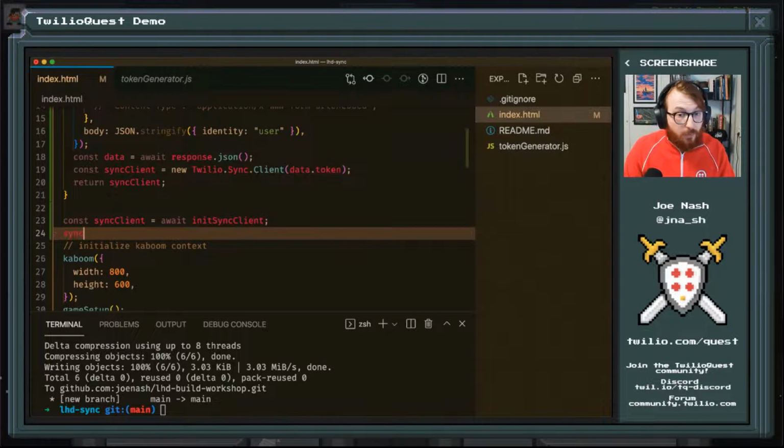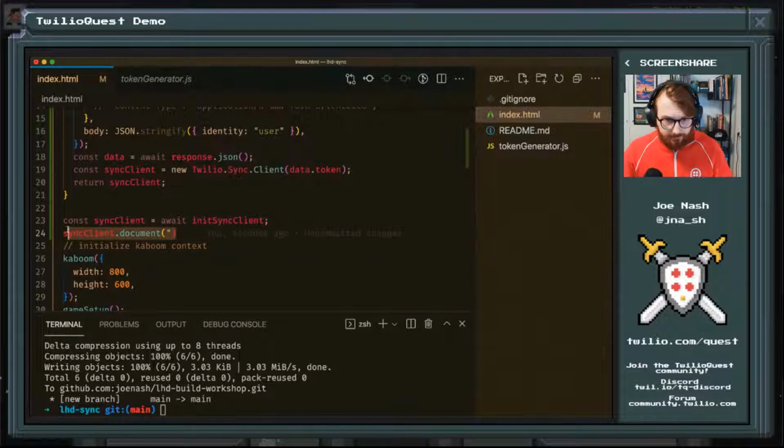And now that we've got our sync client, we can start to do things like creating those documents and those lists. So if I wanted to create a new Twilio Sync document, for example, I would just do sync client document and I can name that document. If you don't name it, it has a default, what we call a string identifier, a SID, that gets created for it. But we are going to name ours. So